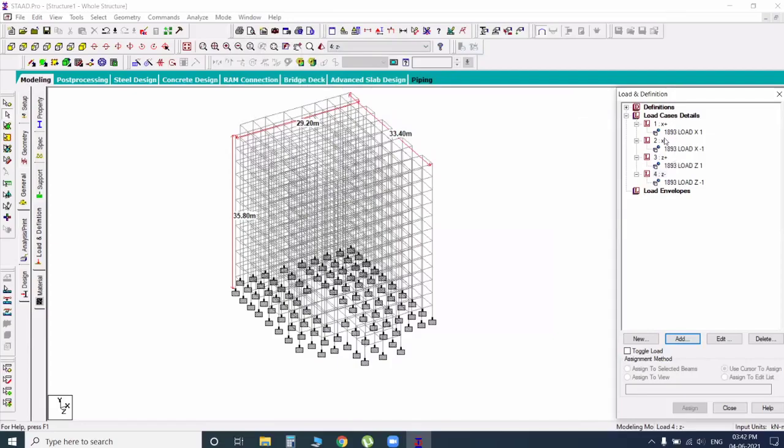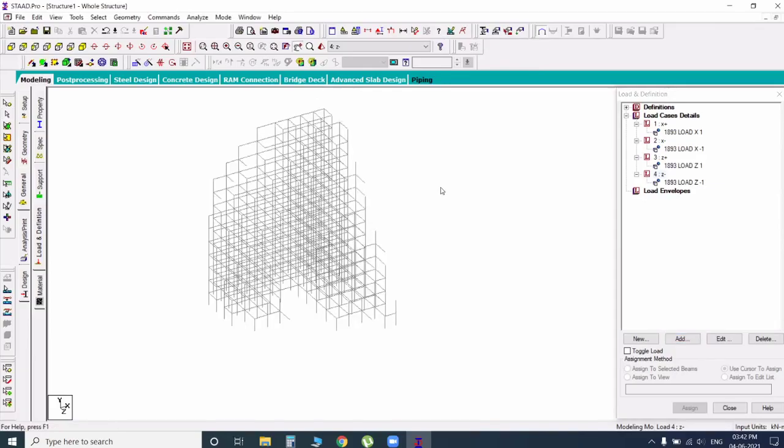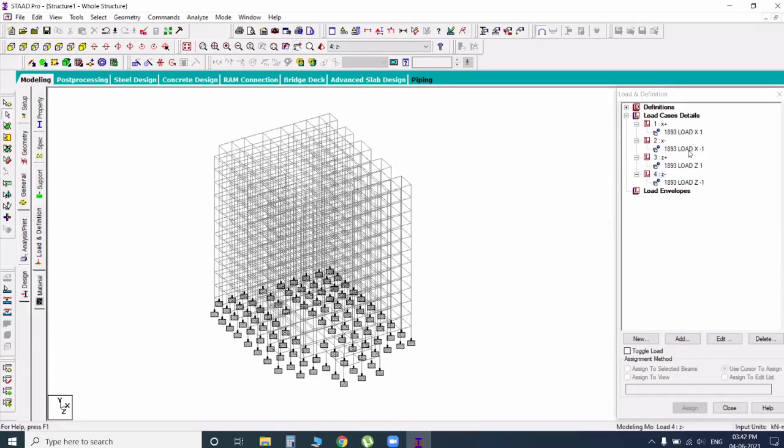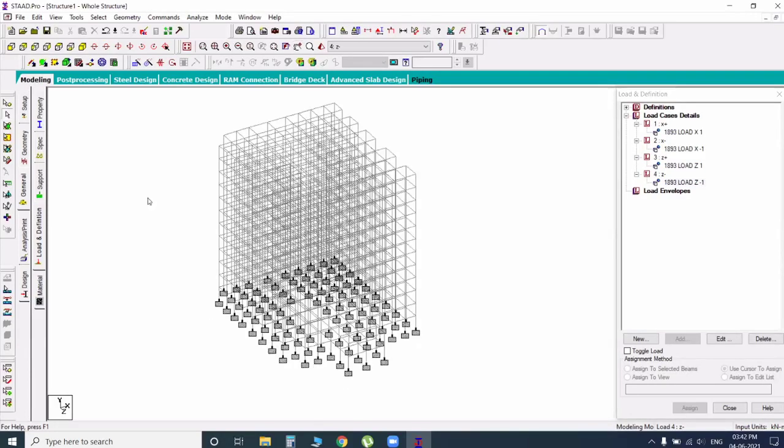Do not add anything. Okay, apart from this, do not add anything. If you add anything, it shows some error. Okay, and once you practice also, you can add dead load and live load like that. Then only you can feed your mind. Okay, so it does not show any arrow marks. In wind analysis, it shows some arrow marks, right? But in seismic, it does not show any arrow marks because after the earthquake, it shows some arrows, meaning after completing the analysis only.